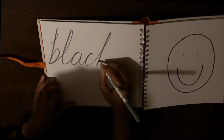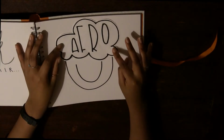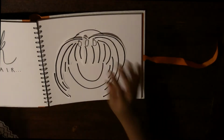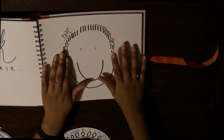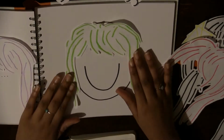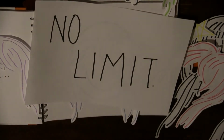Black hair is very diverse and versatile. It can go from fro to sleek in a matter of hours, long curl to modern bob and even less, short locks to a fade, dreads to having it all go bald, weave to dyeing it pink, purple, green or blue. There really is no limit to what we can do with our hair, and I'm pretty sure we've done